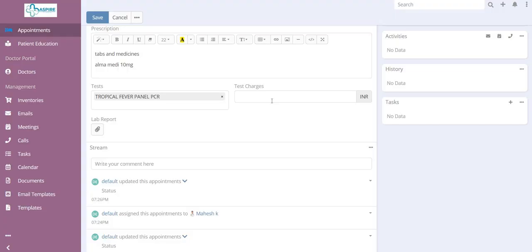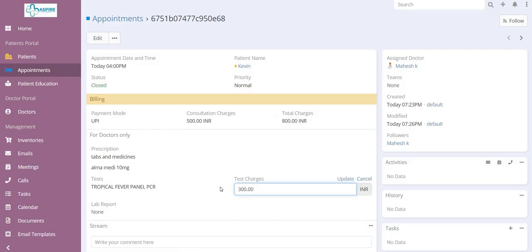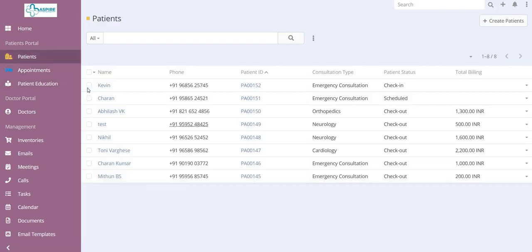this customer had a test, right? Let's say test charges was 300. So automatically it will add the charges. So let's say the test was 400. So if you see, automatically it will show 900. That is 400 for the test and 500 for the consultation charges. Total is 900. So once you take the payment, you close the appointment, and you can come back to the